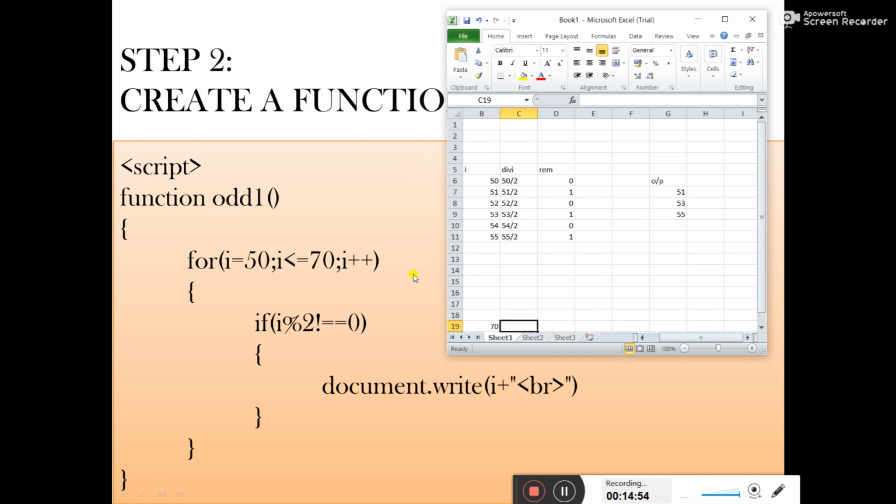Okay, the last number will be 70. So when it checks, 70 is less than or equal to 70, the condition is right, so it will come inside the for loop and it will check whether 70 mod 2 is equal to 0 or not. So 70 divided by 2, the remainder will always be 0, right? So if the remainder is 0, it will come out of the if block